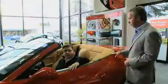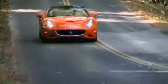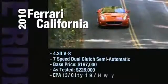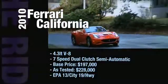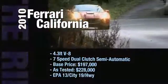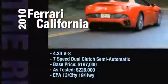Now, if I was to walk into the oldest Ferrari dealership in North America, we're talking Gran Turismo, how long would I have to wait for my California? Right now, approximately 6 to 8 months. So there's a lot of people that want them. The 2010 Ferrari California has a 4.3-litre V8 engine, a 7-speed dual-clutch transmission. The base price, just a mere $197,000. Our in-studio version was $228,000. You'll get 13 in the city and 19